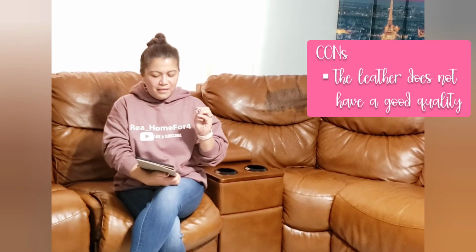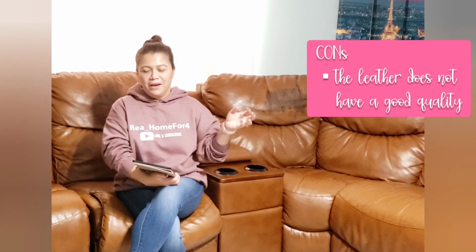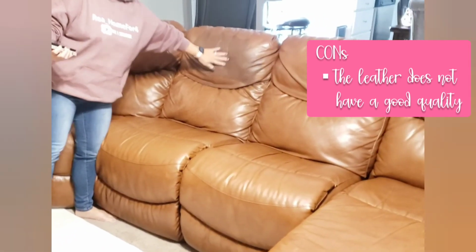The next item on my cons list is that the leather started peeling after 4 years of use. It is especially significant in the head area, where you lean your head, and the bottom area. We did not do any kind of special treatment with this sectional recliner. We clean it just using a damp cloth, but as you can see,